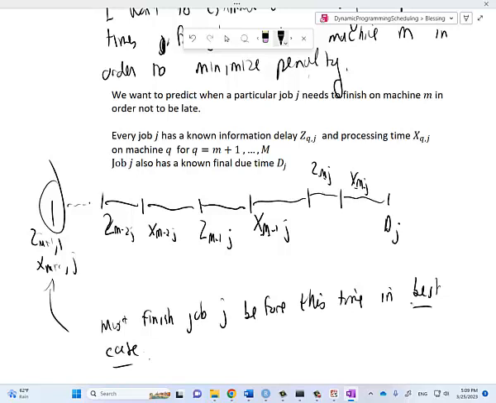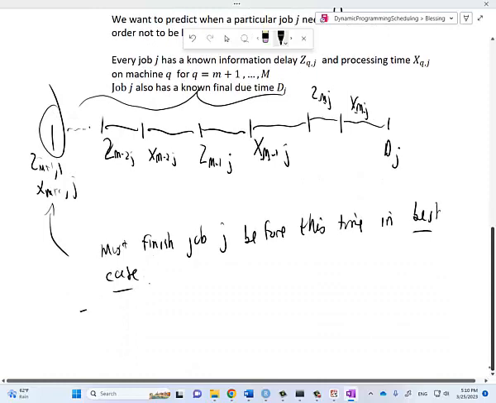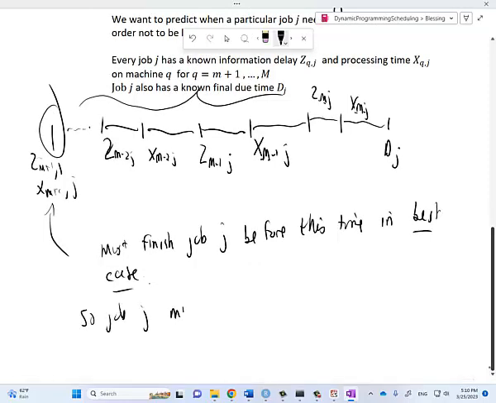I mean, it's going to take at least this amount of time for job J to finish. Okay, so let me just write the equation and then I'll stop again. So that means that job J must finish on machine M